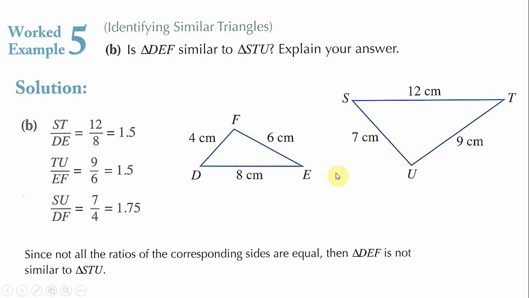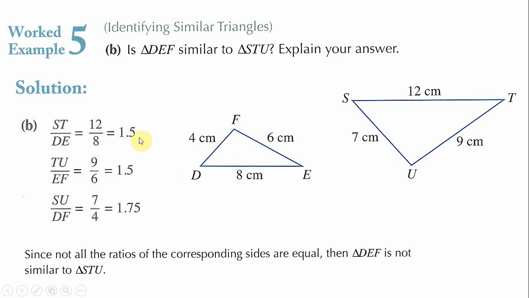No angle is given. In this example we have to prove only by checking the ratio of sides. The largest side corresponds to the largest side, the second largest side corresponds to the second largest side, and the smallest side corresponds to the smallest side. ST is the largest side in triangle STU and D is the largest side in the other triangle, and their ratio is 12:8,